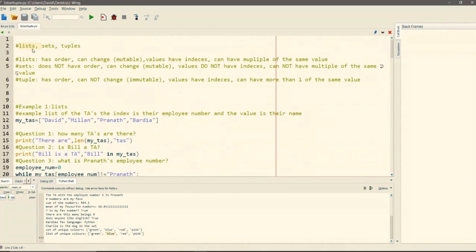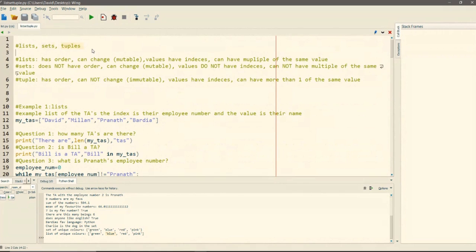Lists, if the indices matter, and if order matters. Sets, you could get away with them, and you should use them if you see the keyword unique. Then tuples. Tuples are a special case because they pretty much do the exact same thing as lists, but they're immutable.